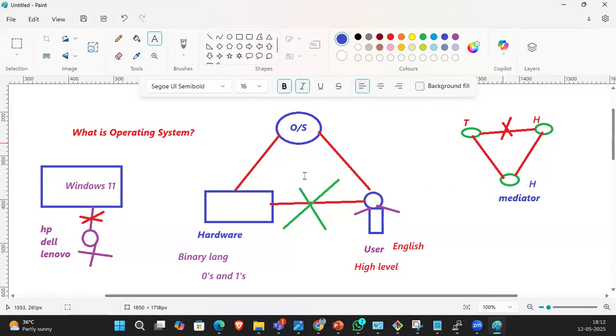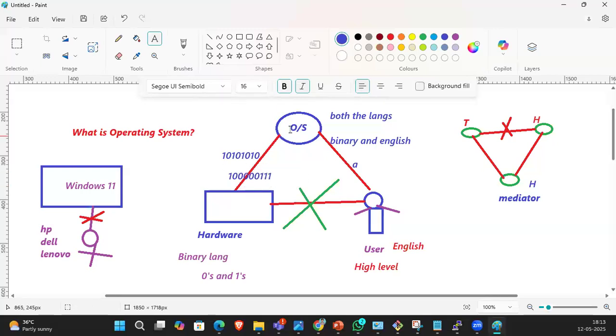The same way, what is the OS, guys? The OS knows both the languages, binary and English. Whatever message the user conveys, for example a small letter a, the OS takes that and translates it to binary language, 101010.